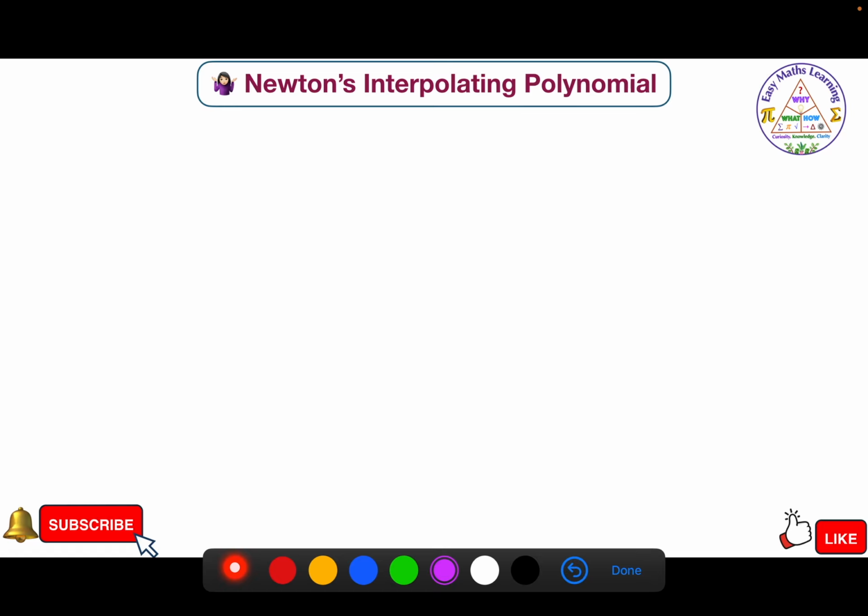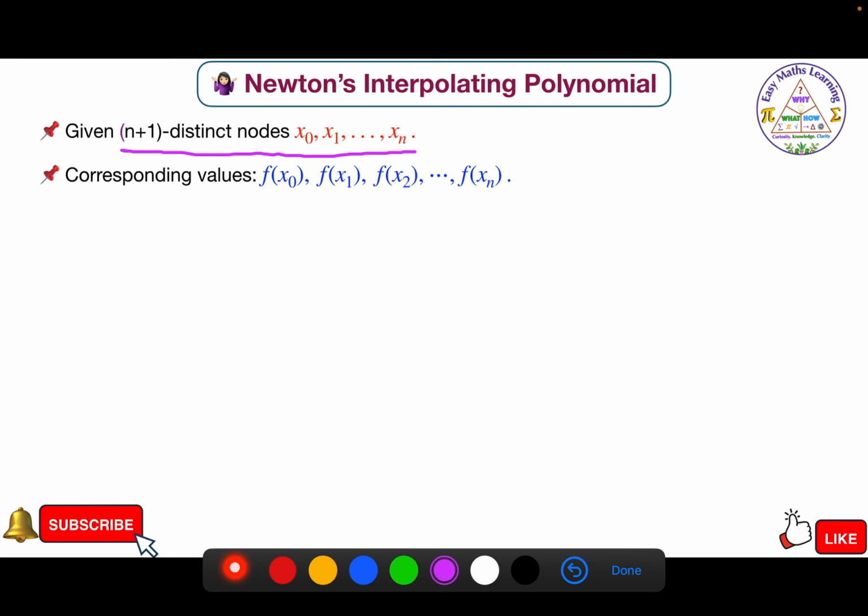Now we discuss a final statement of Newton's polynomial. Given n plus 1 distinct nodes x0 to xn and corresponding function values f(x0) to f(xn), there exists a unique polynomial. Here the word unique is important. Unique polynomial that we denote by Pn(x) of degree less than or equal to n,